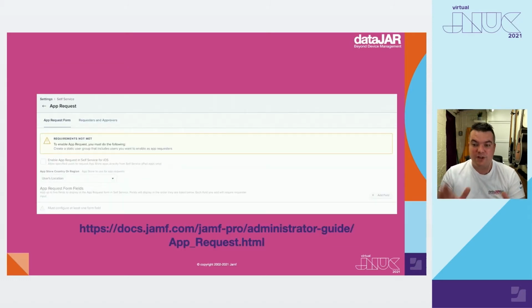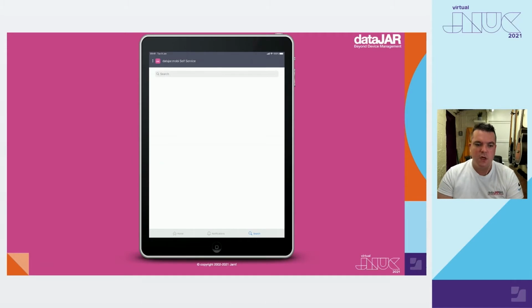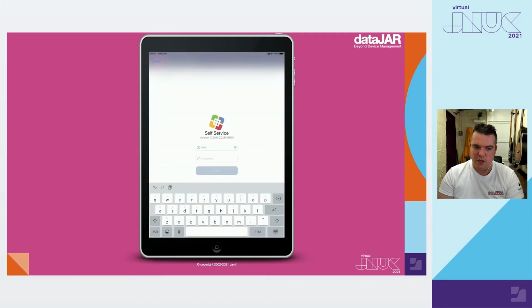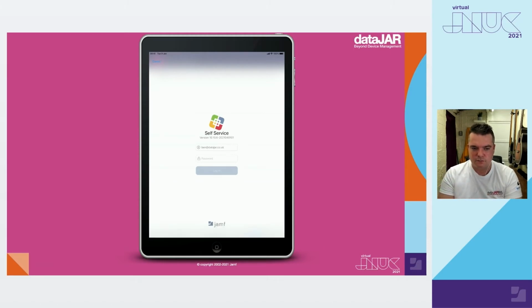And next we've got app requests. Now app requests only works on iPadOS. And it's a workflow whereby certain people within a static user group can request an application. I'm going to show you this and talk about this as well. So you need to have self-service on a device, and they need to log in with their account. And this can obviously be SSO'd, etc. as needed. And remember, these people need to be on a static user group that you've then approved that they can make the requests. When the person's managed to log in, which will happen in a sec,